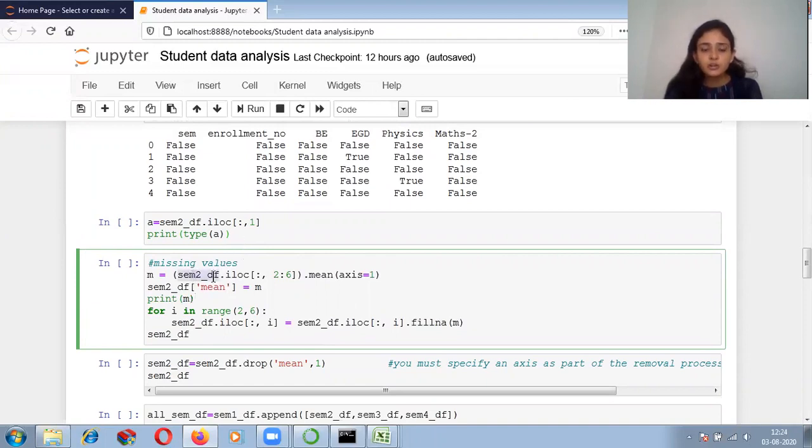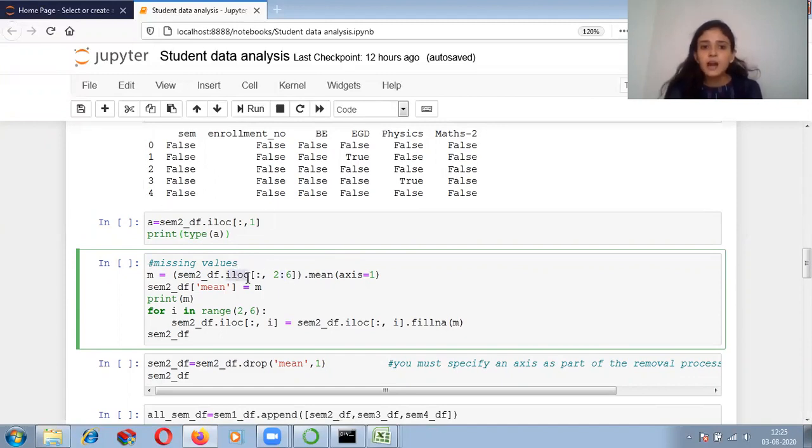That is my sam2_df.iloc. Remember, in slicing, we have used this iloc. What is this iloc? iloc means I stands for the integer. So over here you are performing the slicing and you are indicating the integer indexes for slicing. You are not using the column names or column labels. You are using over here the index position for the slicing.